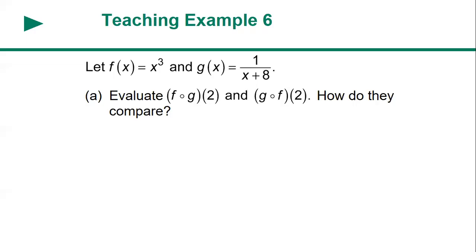All right, so here we have f of x equals x to the third and g of x equals 1 over x plus 8. So it wants us to evaluate. It says f composed of g at 2. So what this is telling us, when you're evaluating in parts and pieces. Okay, so